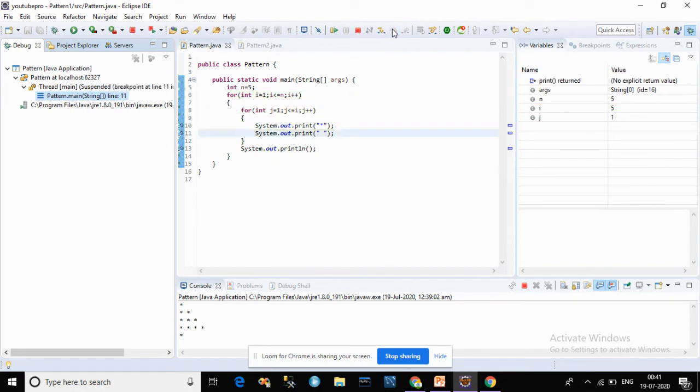So this is the for loop, or this is the pattern. Using that logical program we can make the pattern, and after i and j reach the fifth index, it checks again and comes outside the for loop.